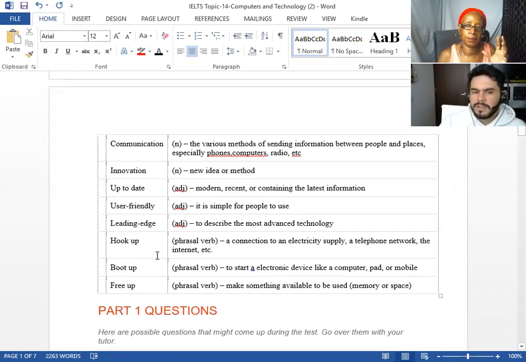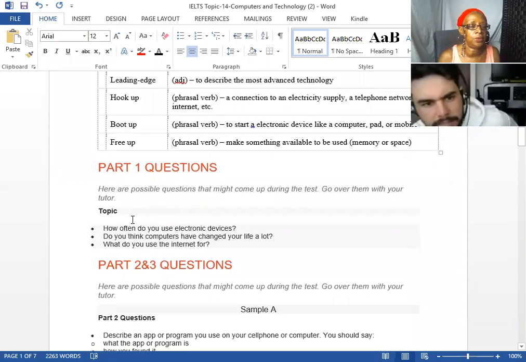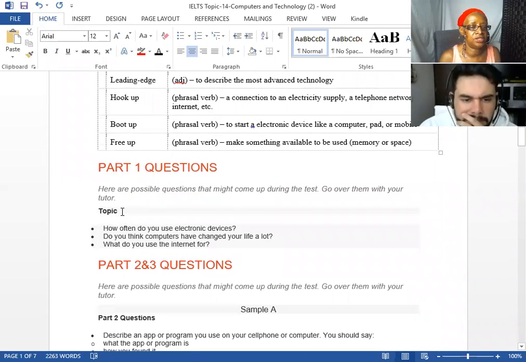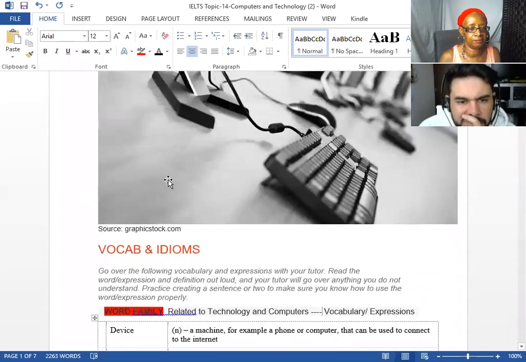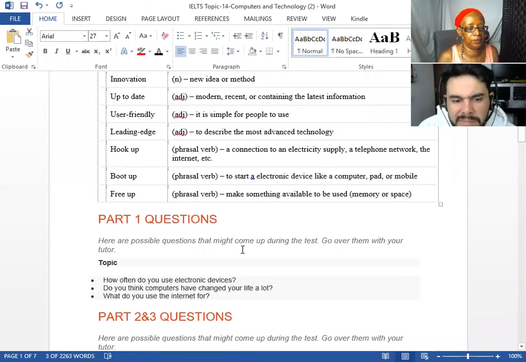Could I use cutting edge? Cutting edge, good. Cutting edge would be good also. So here we could say the topic, of course, is computers and technology. The topic is,